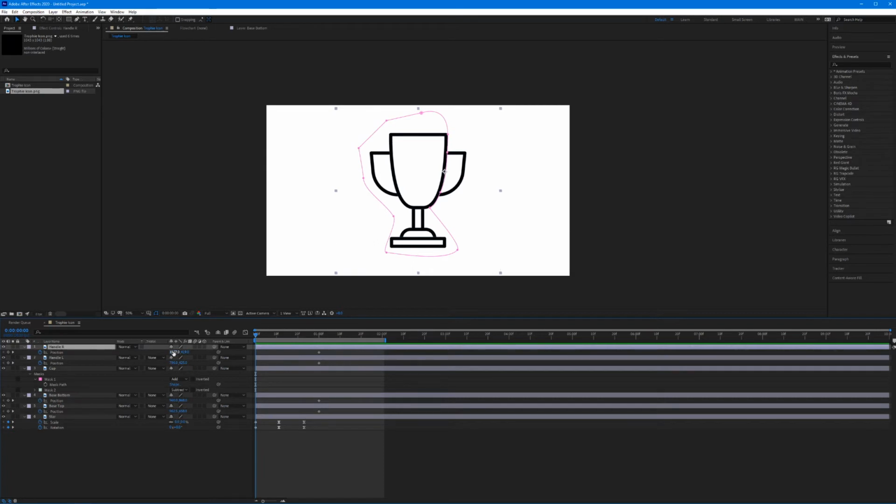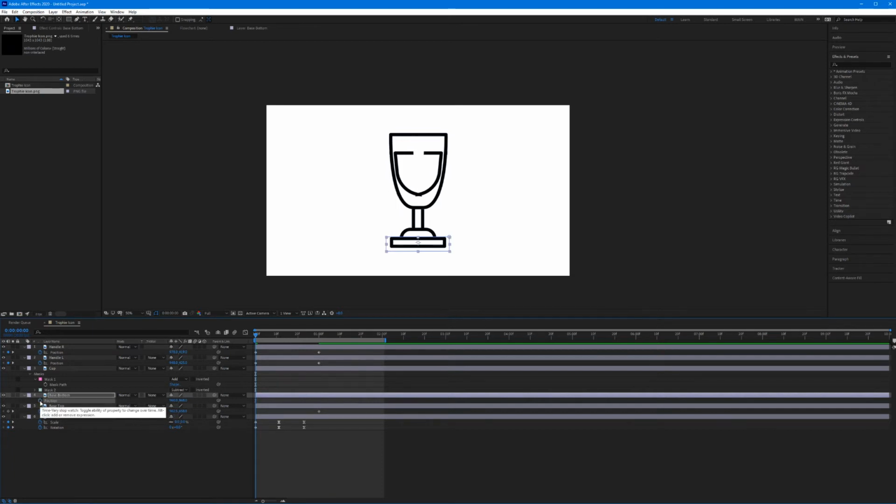My handle right, I want to have inside of my cup like this. Handle left, same thing, have it inside of my cup. Base bottom and base top, I want to move up as well. Now the base bottom is going to do the exact same thing as base top, which means we could probably parent the position of base bottom to base top. So I'm going to turn off my keyframe for base bottom and pick whip